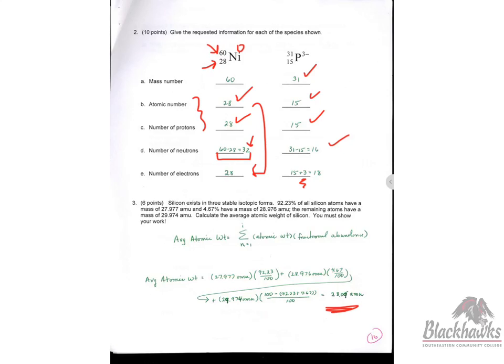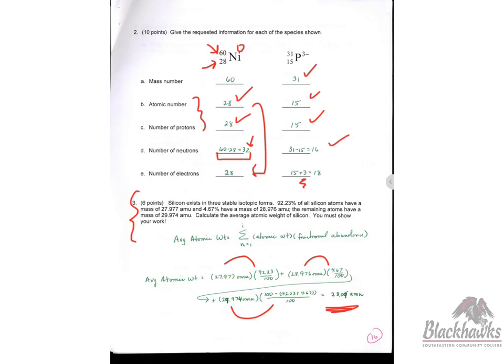But if you read this, and I was kind of in a hurry when I did this answer key, sometimes I'll take that and break it out into the 3 different isotopes: the weight, the abundance, the weight, the abundance, the weight, the abundance. It's just kind of nice. But if you read in there, you're going to come up with 3